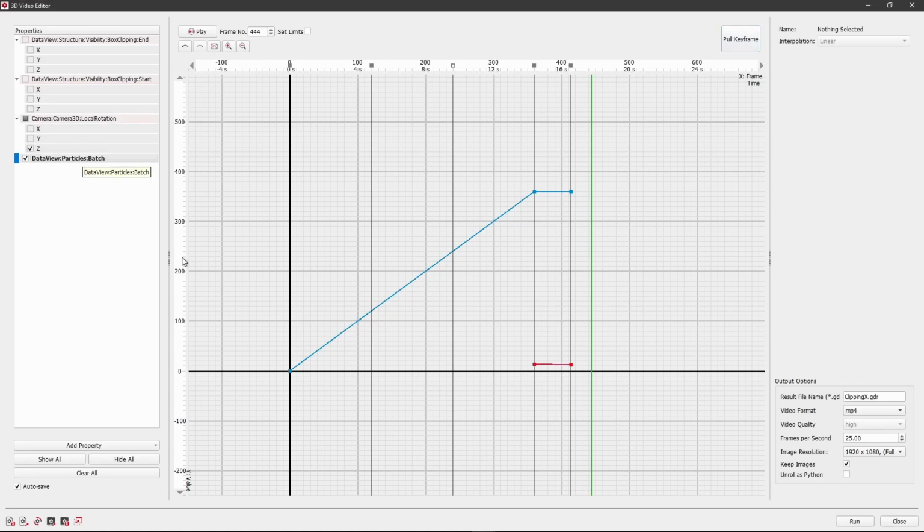In our parameters, we now have the particle batches. We select the batch parameter in the parameters panel. By highlighting, we can see at which position the batches are animated and how. Additionally, we see that a new keyframe has been added to our animation that we do not want and which we will delete later. First, we select the first control point of the batches here at keyframe 360 and drag it to the keyframe 0.